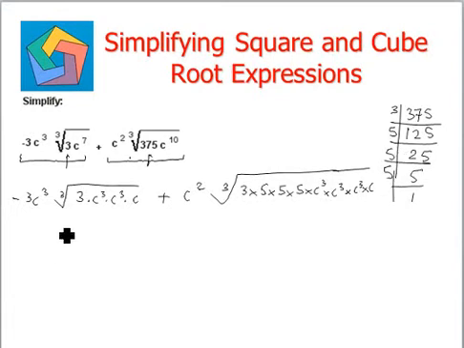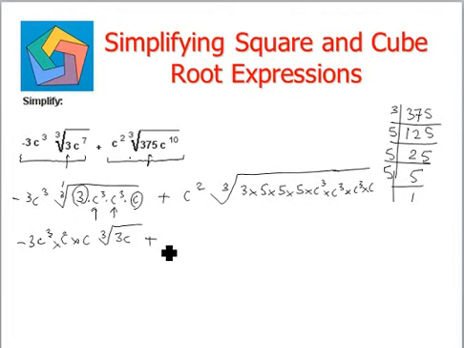So now we'll make a group of 3 inside the cube root sign because the index is 3. So c cubed and another c cubed come out as c times c, and inside the cube root we're left with 3 and a c,